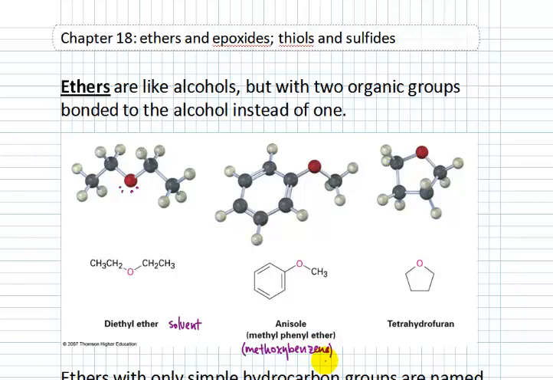Anisole has a very powerful, fragrant, perfumey kind of smell, so it's used an awful lot in the manufacture of perfumes and cosmetics. Tetrahydrofuran, THF, is a 5-membered ring, like cyclopentane but with an oxygen instead of one of the carbons. So an O and then 4 CH2 groups before we get back to the O again. Tetrahydrofuran is another common solvent. It's used just as commonly, if not even more commonly than diethyl ether, in anionic and Grignard types